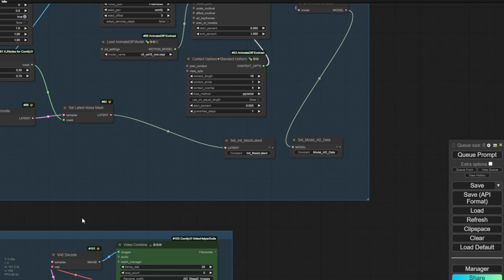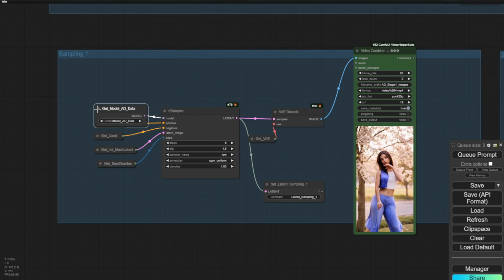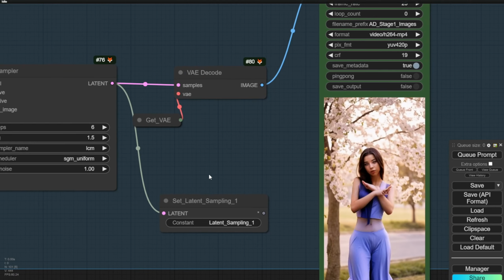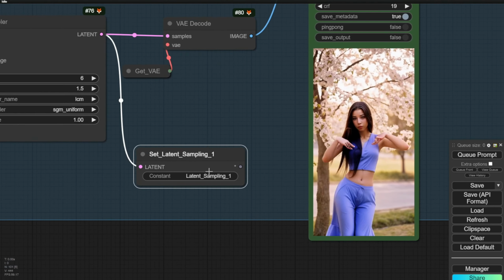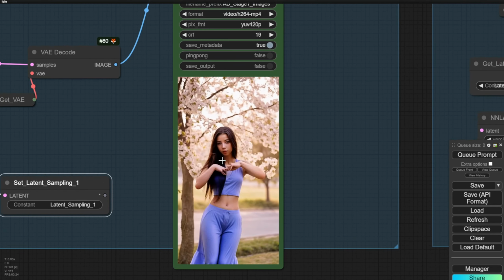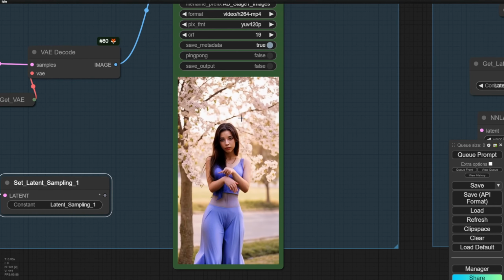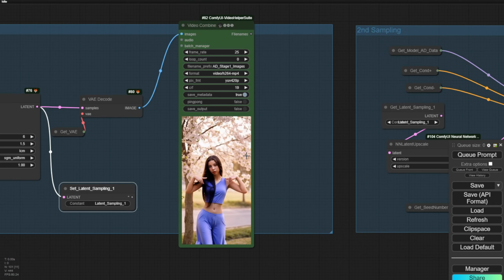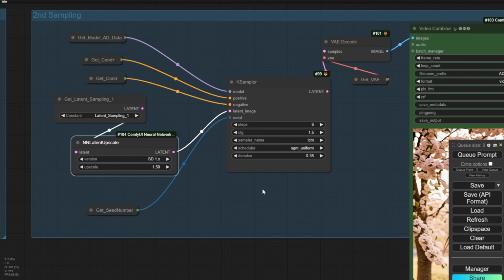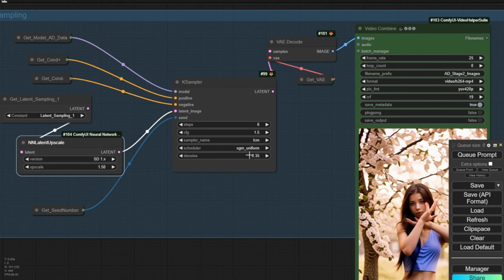So in here, we've got our model data and the latent mask, the initial mask latent data, passed to the K-sampler and it runs. And I like to pass this data out for a second sampling, and this is the first sampling result. Although it's not really completed, the resolution is kind of low in the first sampling, as always, so I like to do the second sampling, which is passing the latent sampling image data, doing a 1.5 upscale in here, and doing another sampling. Set the denoise to 0.3.